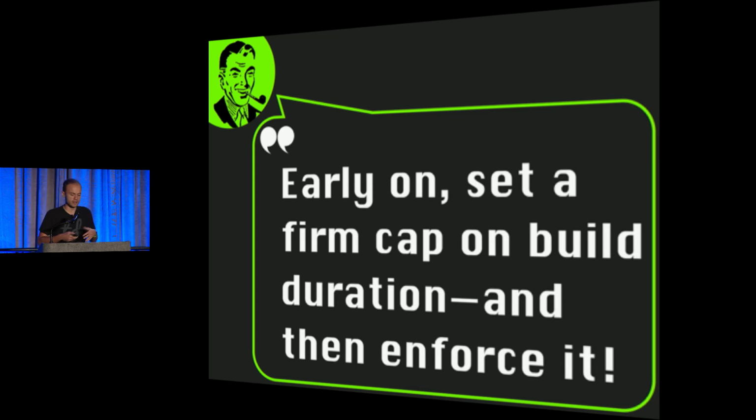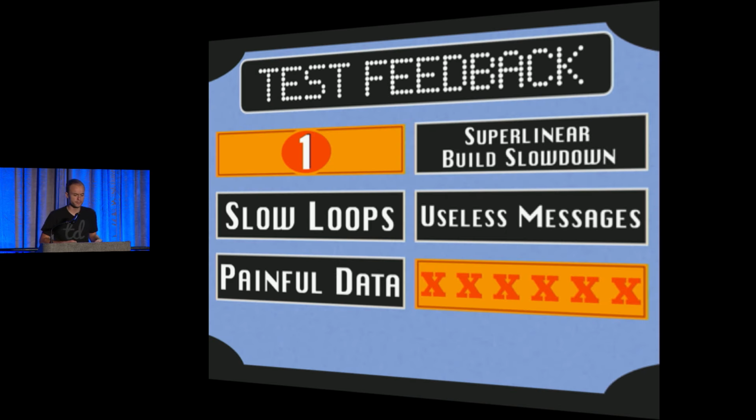Also, early on, teams do great to cap or set a budget for how long they're willing for their build to take. If it's 5 minutes or 10 minutes, they say, once it starts approaching 5 minutes, we need to either start deleting tests, start making our tests faster, or start optimizing our application to get faster. Because we need to have a healthy, productive sense that when we push code up, we can know really quickly whether or not we just broke something. We don't have to wait till tomorrow.